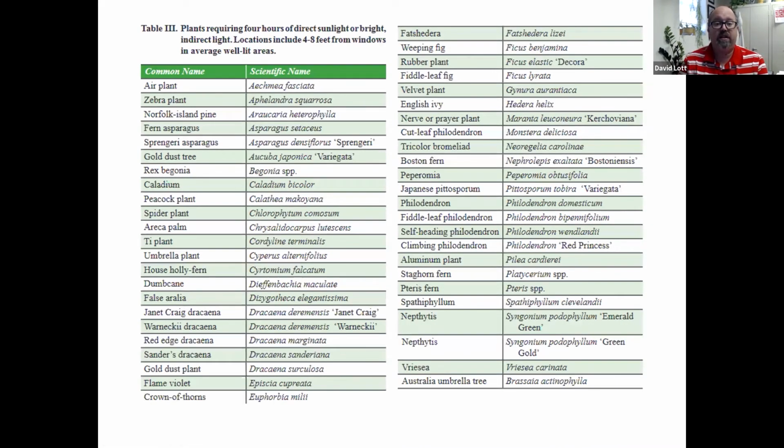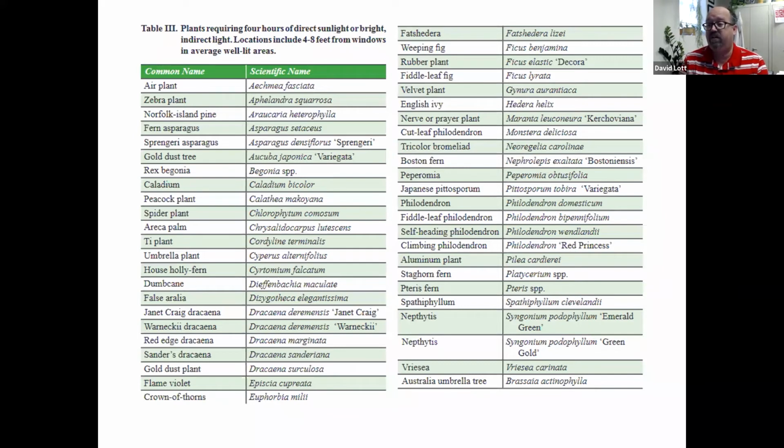These are the ones that need direct bright light, 4 hours or more. So that's really important. These are the ones that really like a lot of light. There's lots of choices here. You'll see the Dracaena or the corn plant in here, the dumb cane, which is Dieffenbachia. That's another popular house plant that you will see. You'll see the Rex begonia, Norfolk Island pine, because we have people that have the Norfolk Island pines. You buy those during the holiday season.